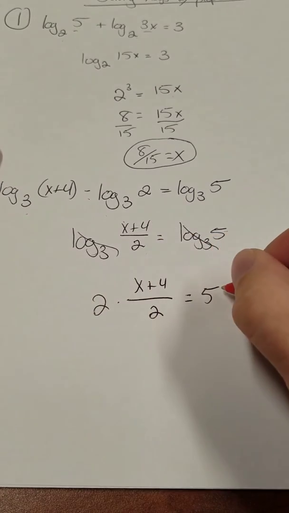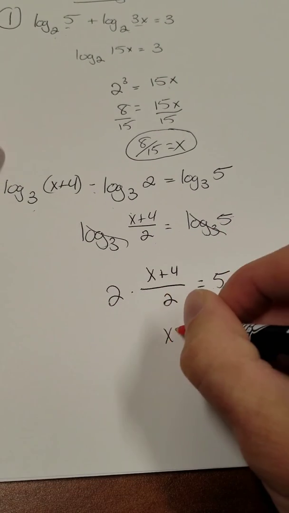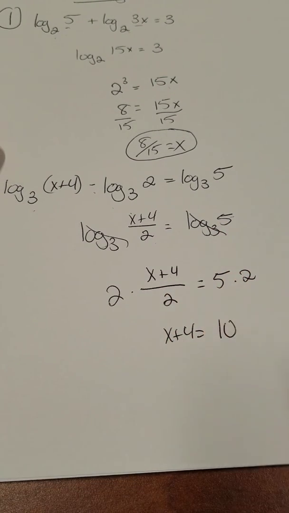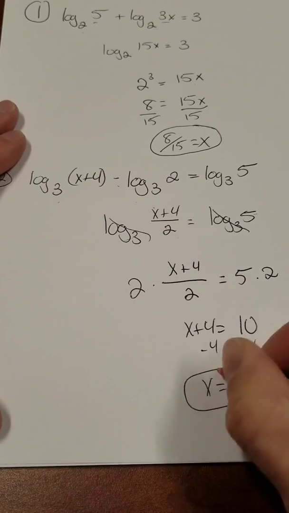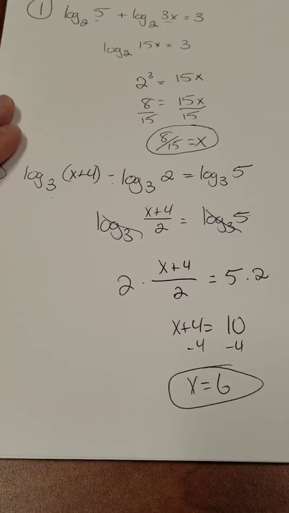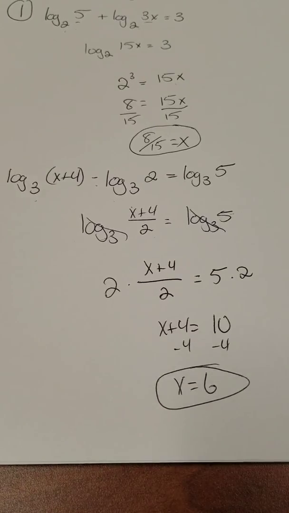Multiply both sides by 2. X plus 4 equals 10. Subtract 4. X equals 6. Okay, so in this problem we were subtracting, which means we had to divide. But then the logs canceled out, so that means we're just left with a simple algebra equation that we needed